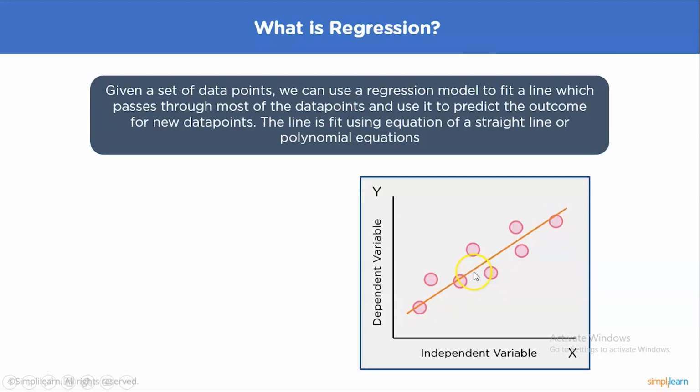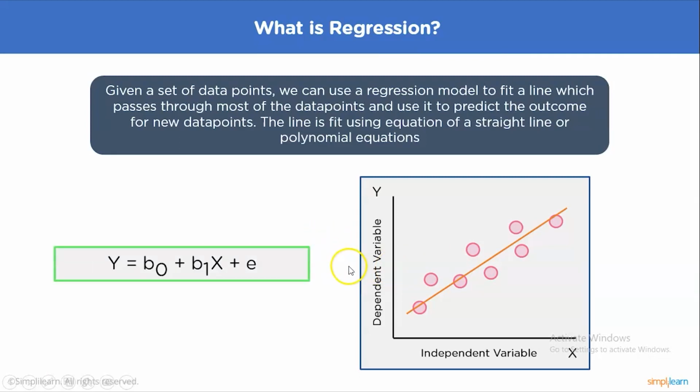Now using the straight line, for any value of x, we can find the approximate value of y. So suppose you want to find the value of y at a point x, which is given here, say, then all you have to do is extend a line from this point onto our predicted model, which is this line here. And then we can see where this point on the line coincides with the y-axis and get the approximate value of the outcome.